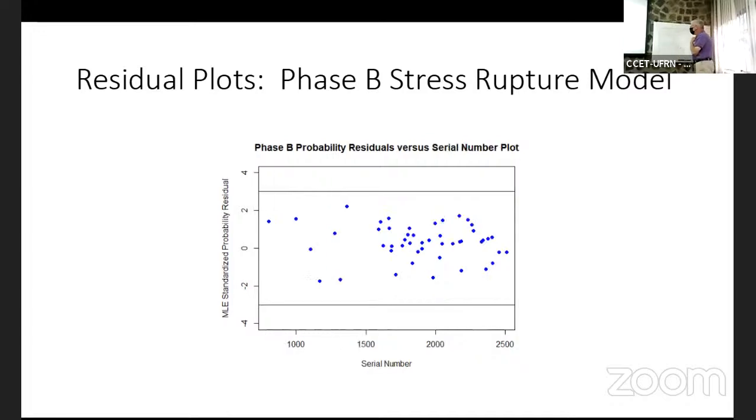Next slide. Versus serial number. So we're trying to see if there's a time effect. Serial number goes back to when the strands were manufactured, and the NASA team actually manufactured the strands. So we have perfect control over that. I don't know if that was a good thing or a bad thing, but we had perfect traceability. I can do any NLO like this, but these are just simple ones that we can look at. So far, so good.